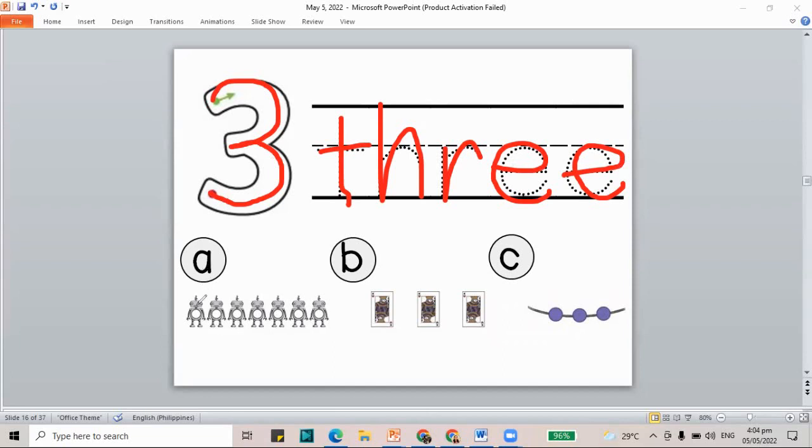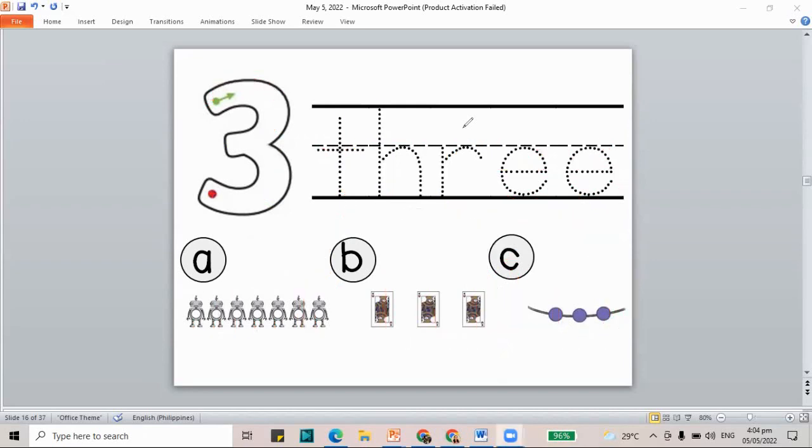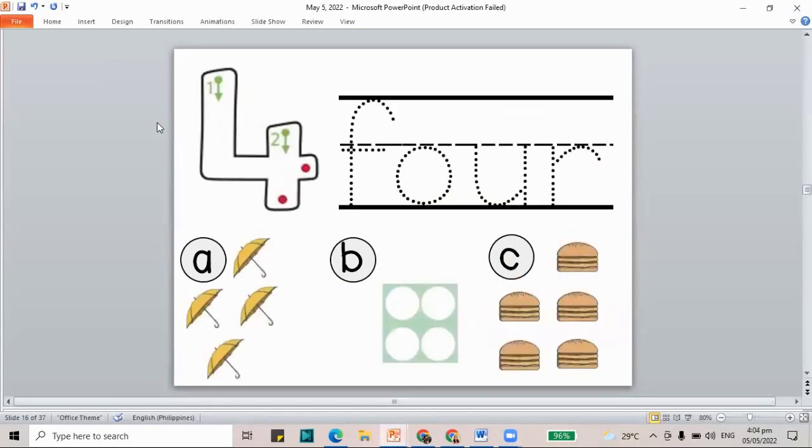How many robots do we have? One, two, three, four, five, six, seven. That's seven robots. But we don't need that. We need three. How about the cards? One, two, three. This is three. Let's circle. How about the beads here? Let's check. One, two, and three. That's also three. So we have all the things that show three. Let's jump to another word with